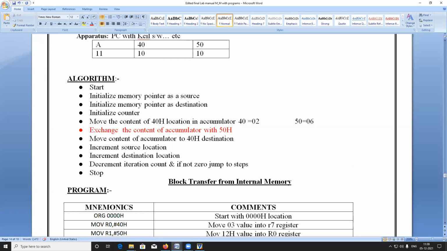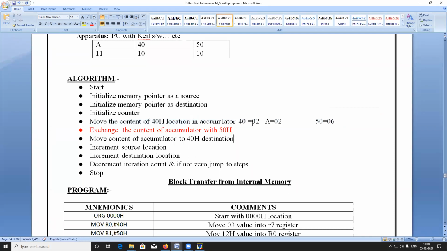So here, what happened after giving this expression? In that line, the accumulator contains the value 02. This line gives these three statements.